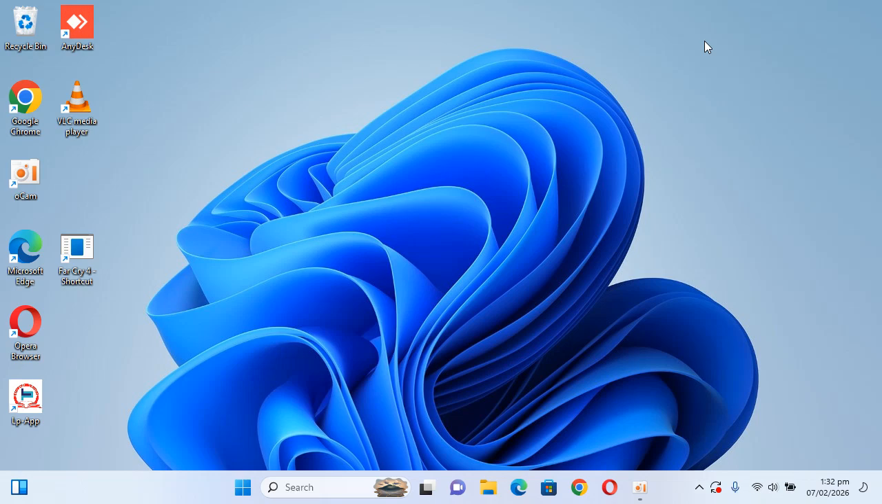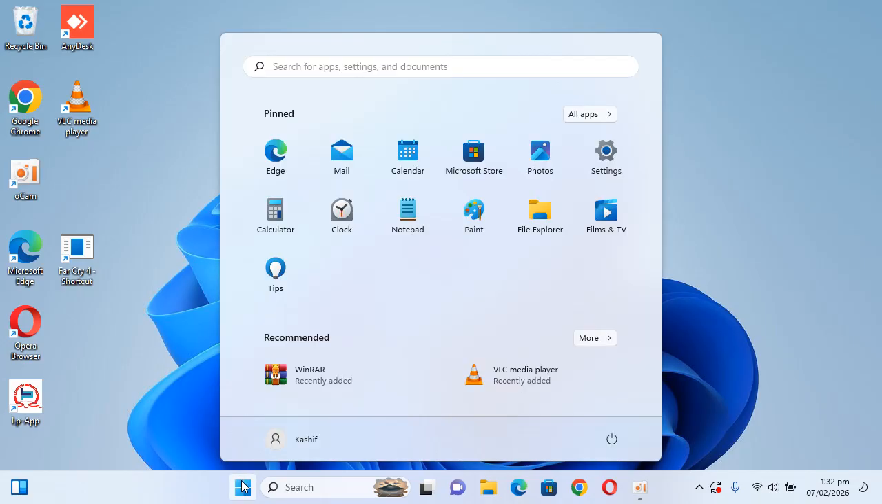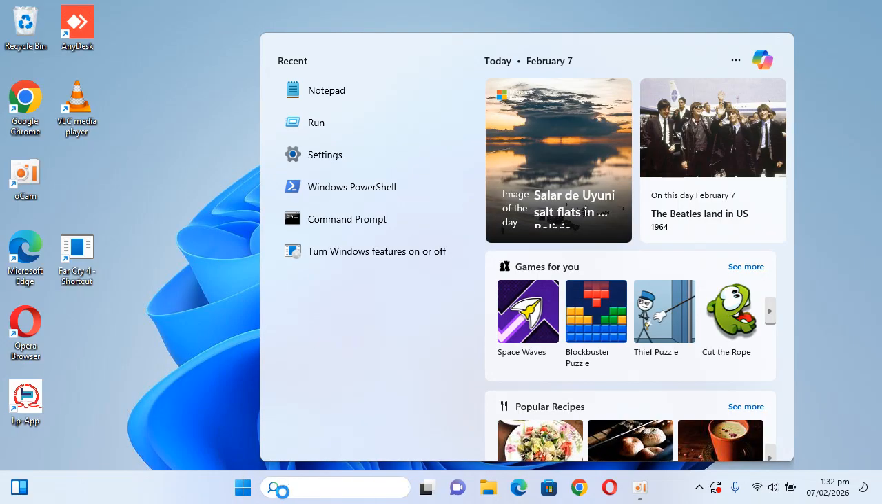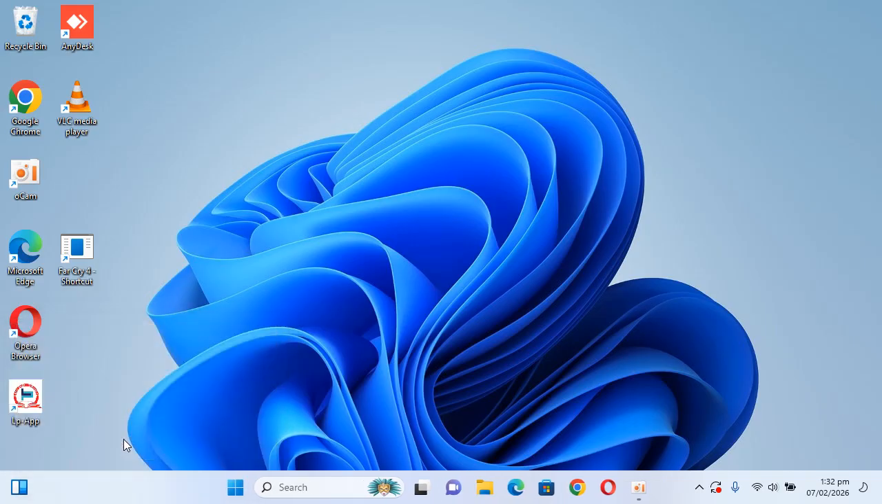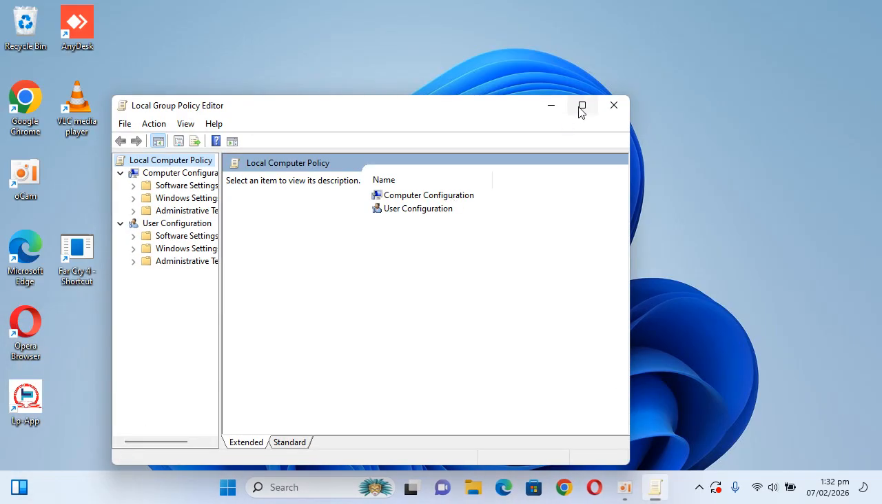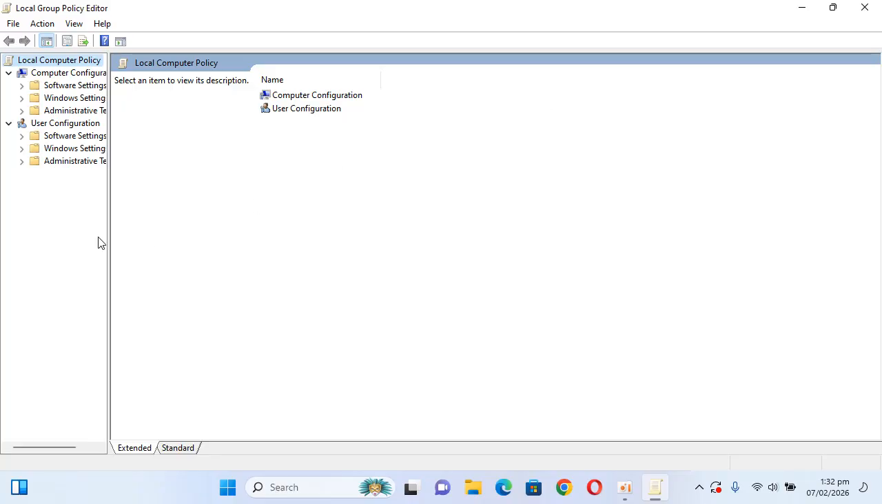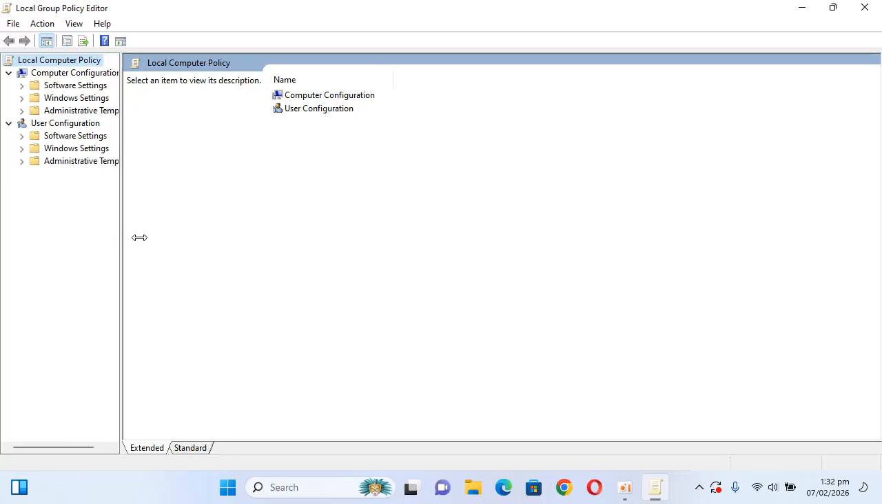So the process to disable and turn off Windows Defender on Windows 11 is quite simple. Simply go to your start and here type in for run, R-U-N, hit enter. Now here you need to type in for gpedit.msc and open. This would open up the local group policy, and here I would just widen it to see